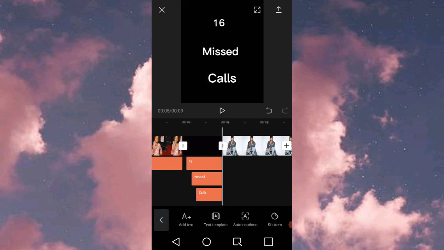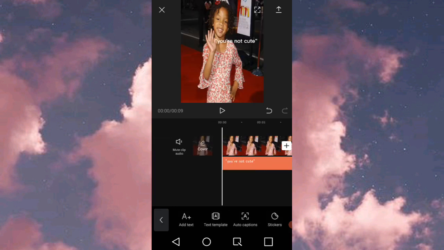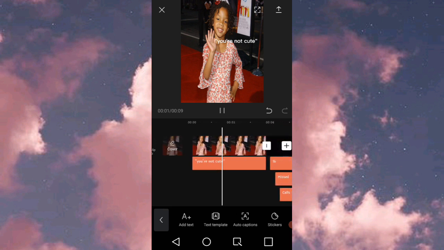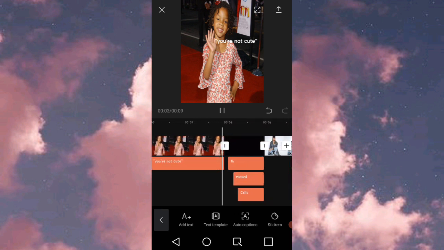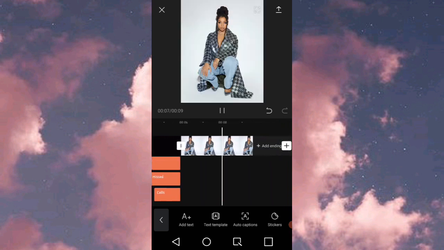Okay, now that we've finished adding the text, we're going to go ahead and delete the end screen. I'm going to show you guys the preview. So this is what it's supposed to look like, and after which you can simply go ahead and add the